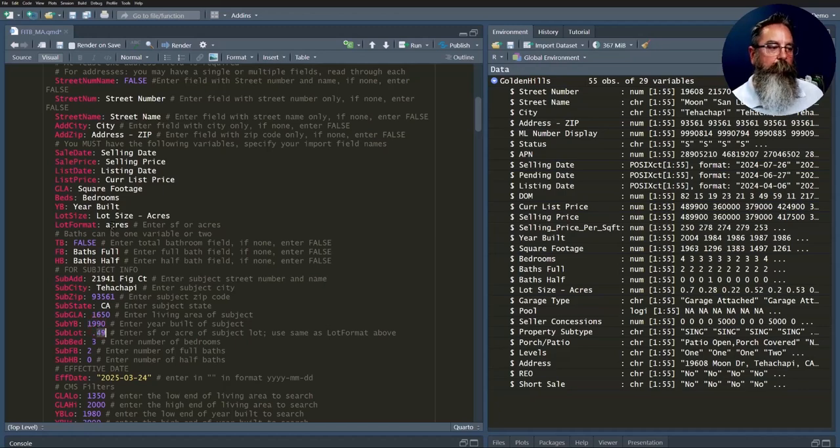Lot size, you want it to match whatever lot format you put here so that we're comparing apples to apples. So if you need to convert from square feet to acres or vice versa, do that here so that it matches. And then our subject bedroom count, our subject full bath, and subject half bath. We want to enter those separately here because we have code that will combine those into a single field later,